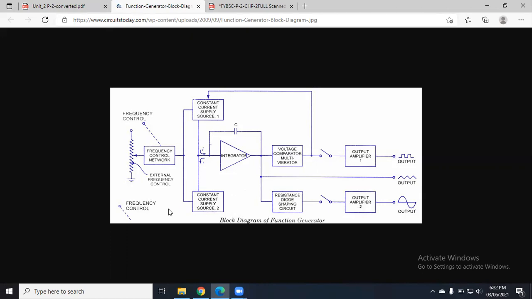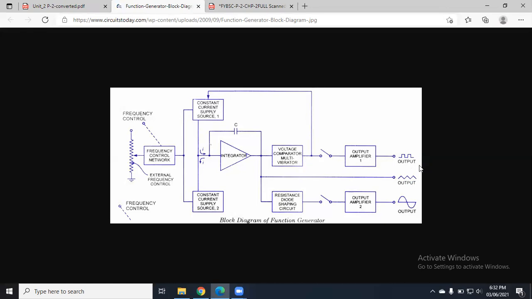After that, we have a capacitor in feedback. What does that indicate? Again, we have an integrator circuit. Then the output of this integrator circuit is a triangular wave. We have studied the op-amp as an integrator, in which the output of the integrator circuit is a triangular wave, so you can easily say this output is connected to the triangular wave, right? So at this point you will get a triangular wave, correct, of whatever frequency you have selected at the input, right? Up next, we have a voltage comparator and multivibrator.